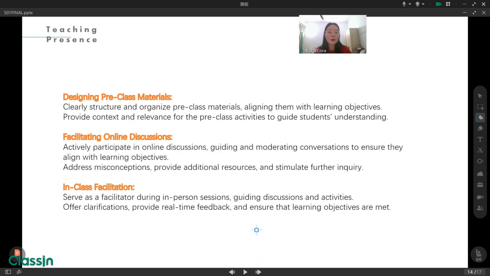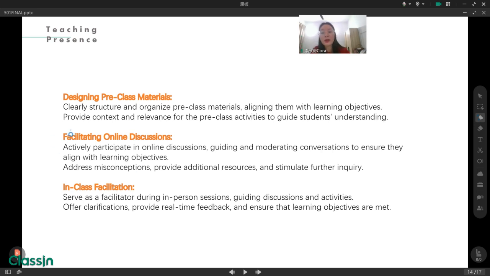Let's come to the last part of the application. The first one is designing pre-class materials. That means before class, we have to pay great attention and do a lot of work to design the material before the class.